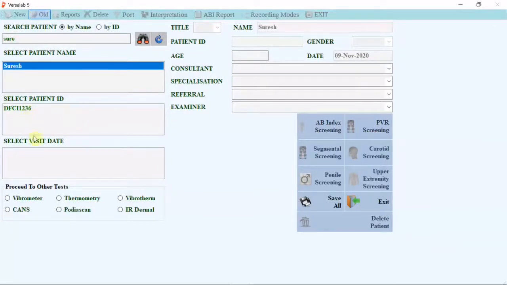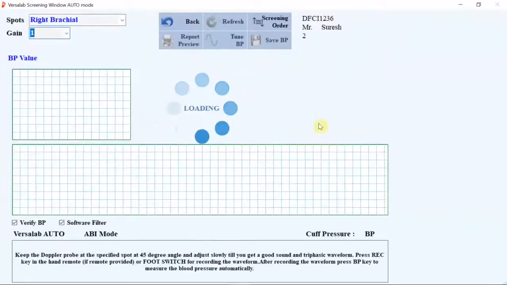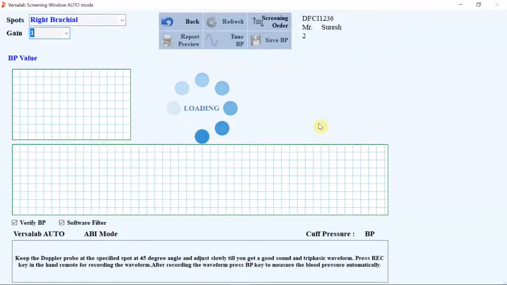If there are many IDs, select whichever is the correct ID. So I am selecting the ID. Now I can go to the screen. It will get connected. As we have done earlier, the same way we can take the waveform and also the blood pressure measurements.